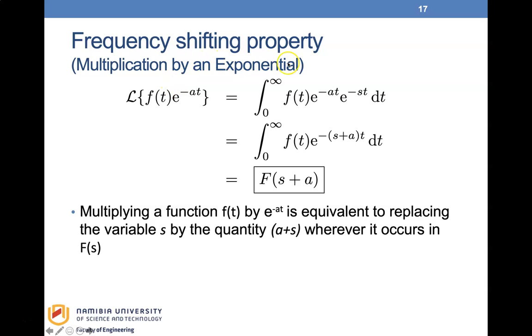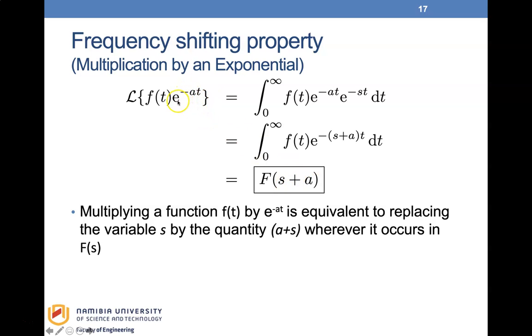Then we have the frequency shifting property, which is multiplication by an exponential. If you take the Laplace transform of a function f of t multiplied by an exponential, you do the Laplace transformation, take the integral and put in the limit, and you will get the Laplace transform to be F of s plus a. So you can see that if the power of the exponential is minus at, you have s plus a,